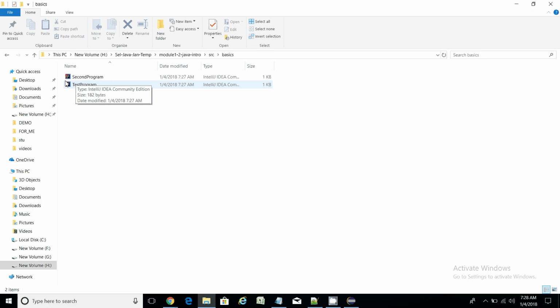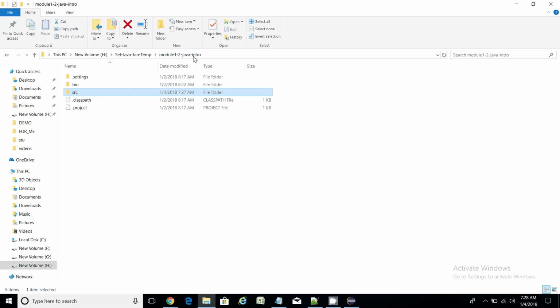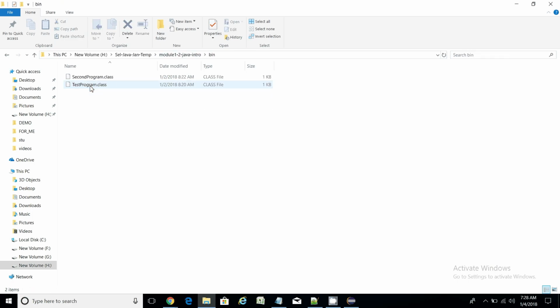Guys, don't worry, this icon for this program is coming just because on my machine I have IntelliJ as well. It's another IDE used for Java programming. So even if you don't see these icons over here, that's fine. Now, if I go to bin, you would notice the similar package will also be created over here. The reason it's not created here is very simple, because I created the package later on. So let me delete this one,